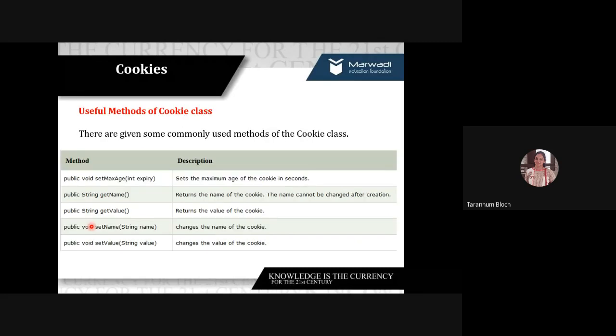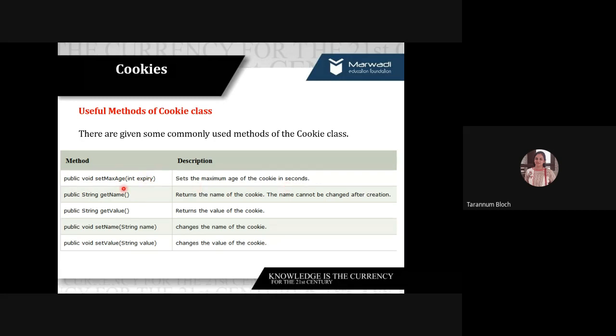Fine. Now, these are a few useful methods. You can use setMaxAge, right? You can specify an integer value, and this integer value is the lifetime or availability of the cookie in seconds.